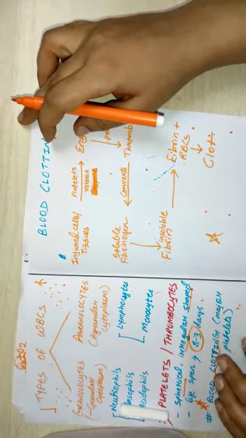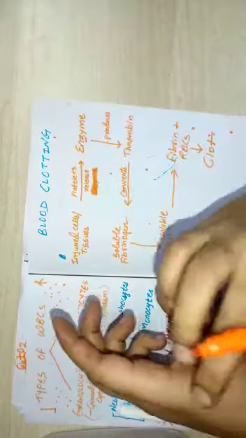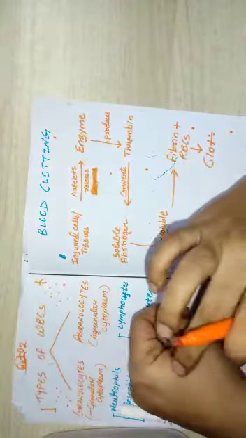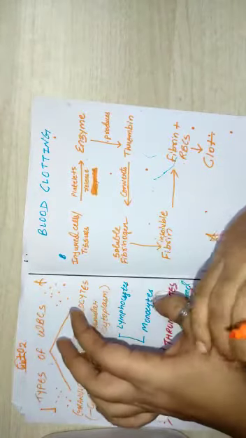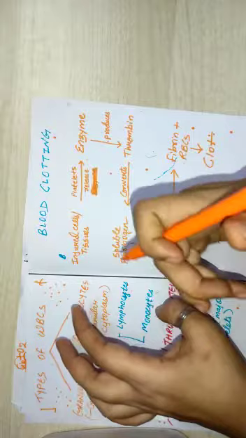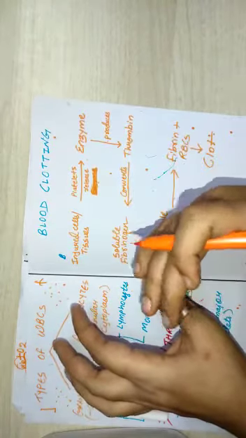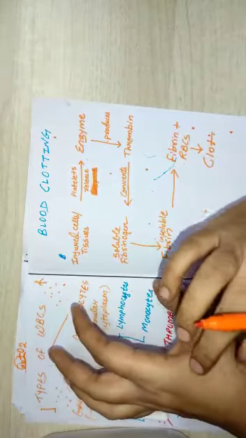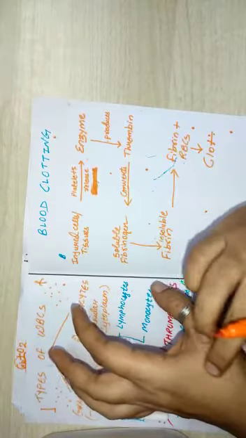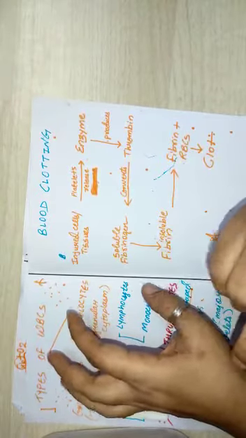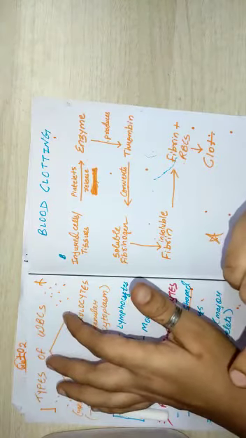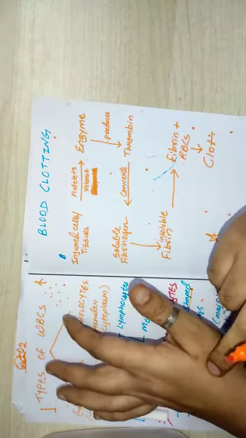Generally you might have seen, whenever blood is flowing from some part of the body, suppose this part of my hand is cut and blood is oozing out, for some time the blood will come, and after some time a red colored hard mass or soft mass is formed there. That soft mass is known as a blood clot.